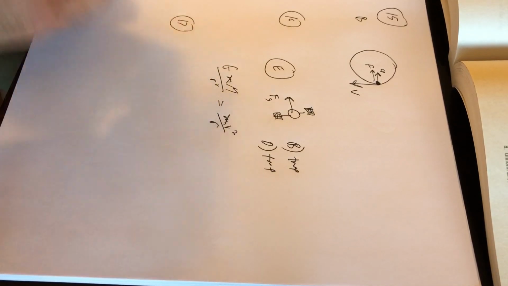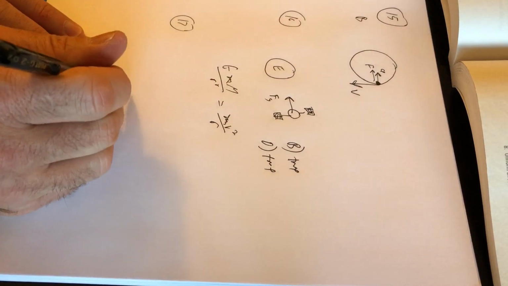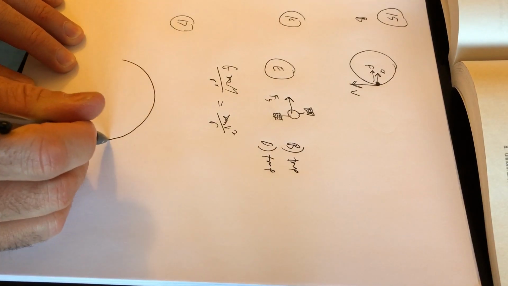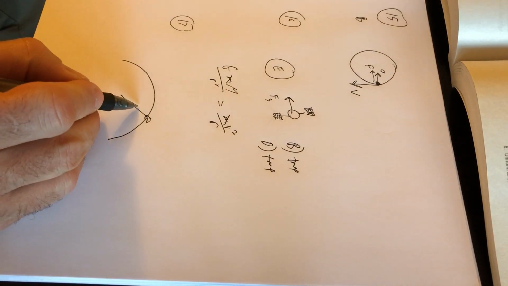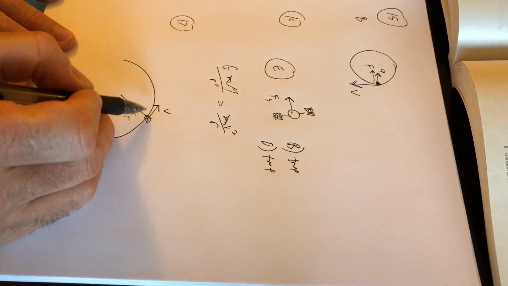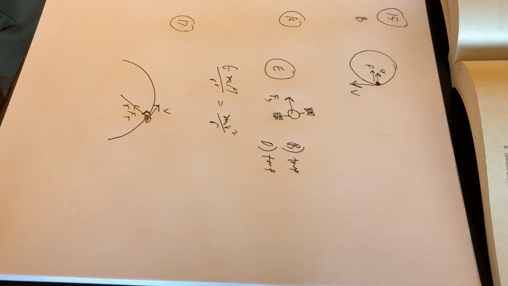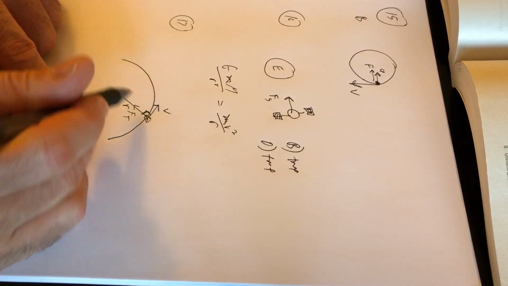And the last one, 17. An object M is traveling at a constant speed in a circular path of radius R. How much work is done by the centripetal force during 1/2 revolution? So something's traveling in a circular path. Maybe it's a mass on a string or something like that. So this is the tension pointing inwards. Again, this velocity is always going to be perpendicular to this. Mass on a string is probably not the best example. If this was a planet orbiting a sun